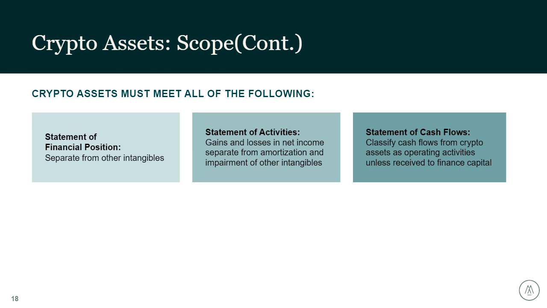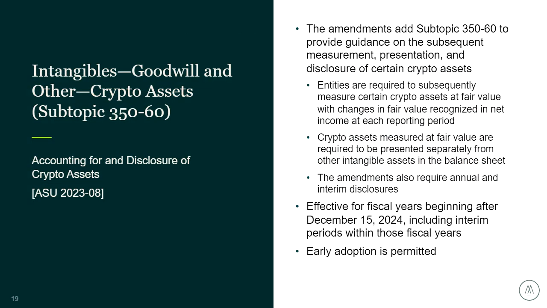So what's changing? There has been some concern that the cost less impairment accounting model, which is the one that I just explained under the current GAAP, doesn't reflect the underlying economics, or doesn't provide the user of the financial statements with decision useful information, as the subsequent increases in the value of these crypto assets aren't reflected in the financial statements.